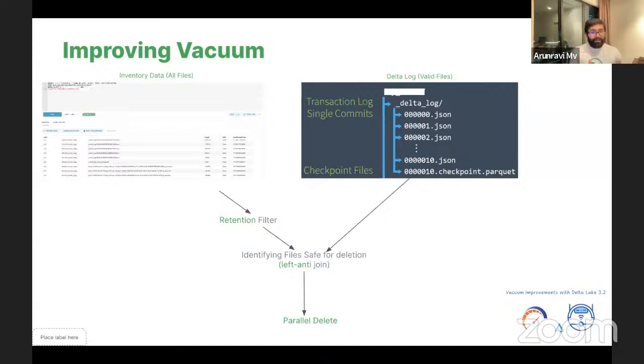So it will be like a select metadata from the inventory table, then apply the retention filters, and you get the resultant files. Then you identify which files are not actively referenced using an anti-join on the transaction log, and then issue the parallel delete operation. It's very simple. It's very easy to enforce, because we don't have to retain any operational metadata on our side, like when I did the last vacuum and things like that. And the algorithm is in line with the legacy or the older way of doing vacuum. So if you want to use this,